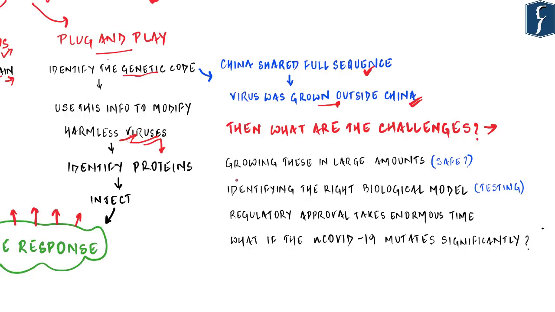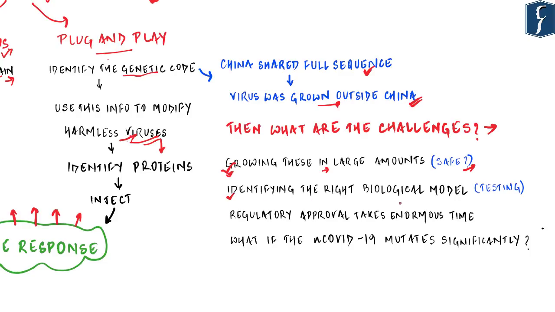Now there are four main reasons. The first is that effective development of these vaccines needs labs to grow these viruses in large amounts so that they can do research on the development of the vaccines. But given the current pandemic scenario, these labs are not increasing the production of these viruses, keeping in mind the safety of the global community. Similarly, since this virus is novel, and that is why its name is novel coronavirus, there